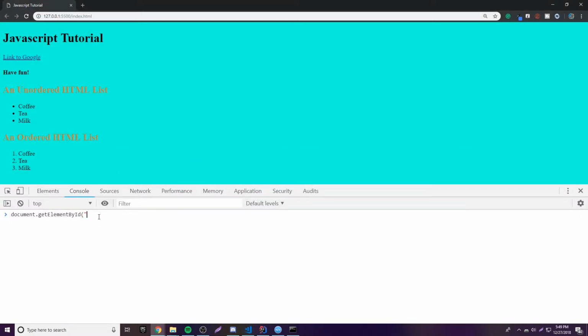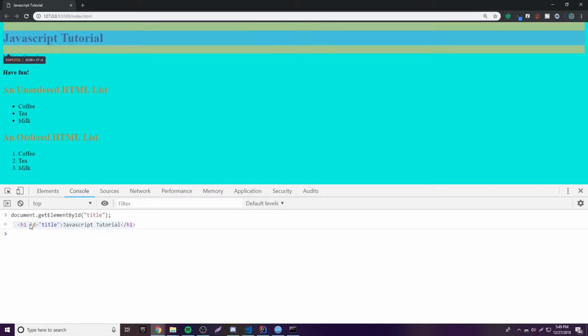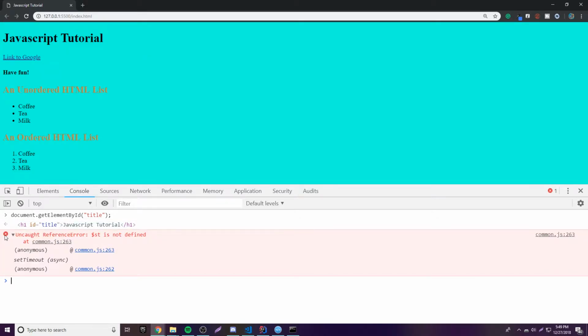So we just pass in title as a string here, then close it off, and then now we have selected this element, I mean, not document. And so if we click enter, we can actually see that it returns the actual value of that element. So yeah, if you want to store it as a variable, we can do that, okay, for future use. So var titleElement is equal to